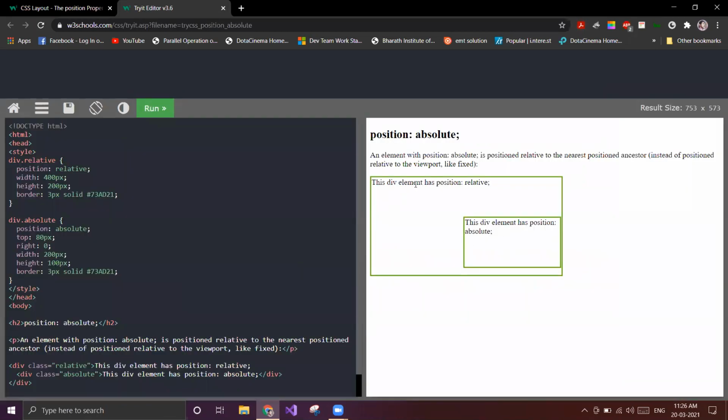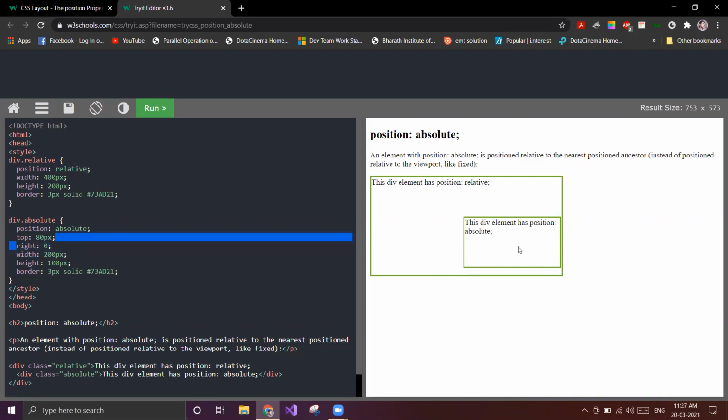If you see, this big green box is the parent, and the small one is the child. To the parent they are applying relative, and to the child they have applied some positions, top, right, like that.